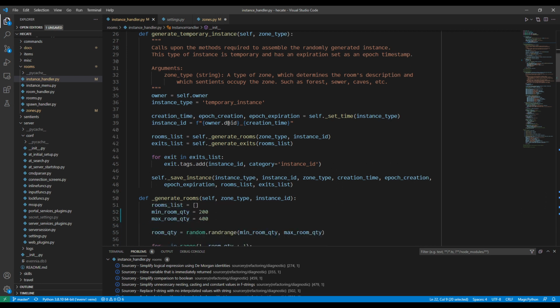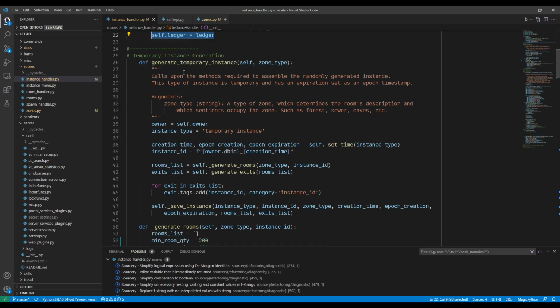Moving on, we're going to cover temporary, or temporary instance generation first. This is one of the first things that I wrote when creating the instance handler, and this sets up a randomly generated instance. And as you've seen earlier, there's a random number of rooms and they all go in a line. I actually want to bring up something here that'll help